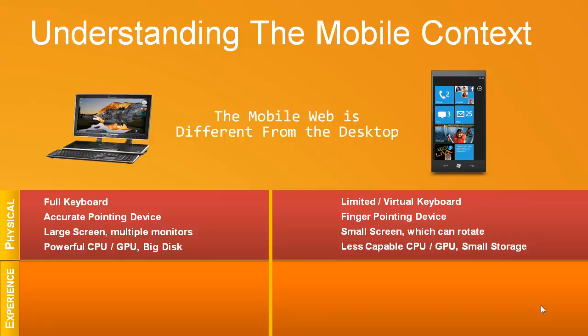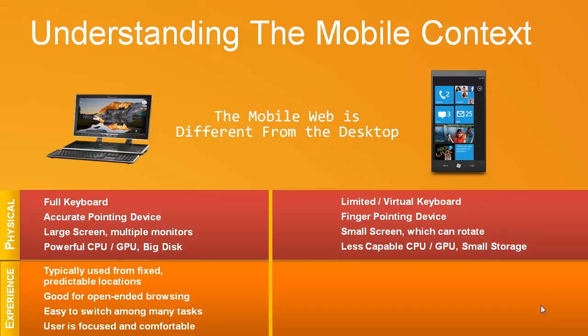So on the desktop we have all these Core i7 and i5. On the mobile phones we're not quite there yet, so we have to compare to those things. And on the experience, on the desktop, it's used at a fixed and predictable location. So it's not like you're going to be using it under the sunlight, by the beach, or high at the mountain, or on the subway. Things are pretty much fixed on what the locations that we might be seeing, and also